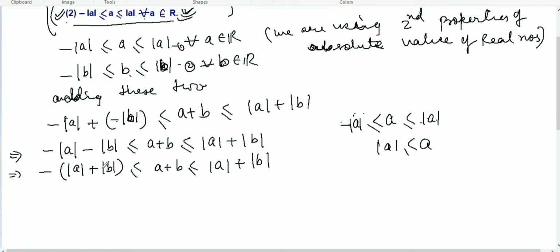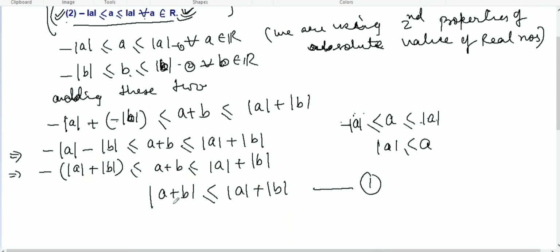So the same result you can see here by the second property of absolute values of real numbers. Minus of this one, you can think about this is A, and minus, positive sign here, A plus B. This is okay. So minus of this one and here positive of this one. So the modulus of A plus B will give you less than equal to modulus of A plus absolute value of B. Okay, so this part, name it 1.